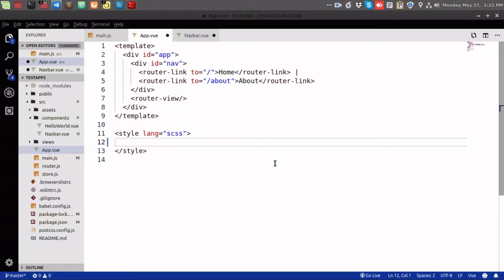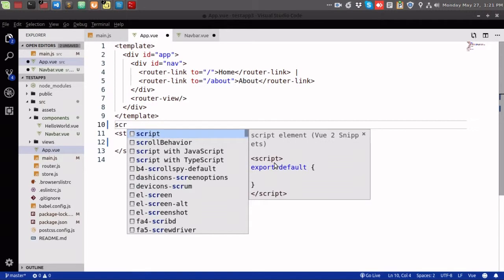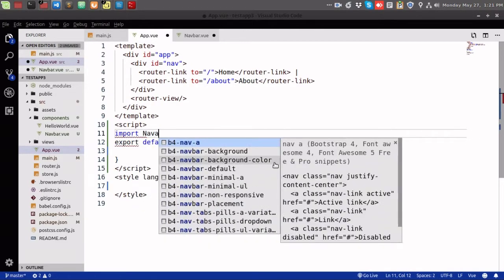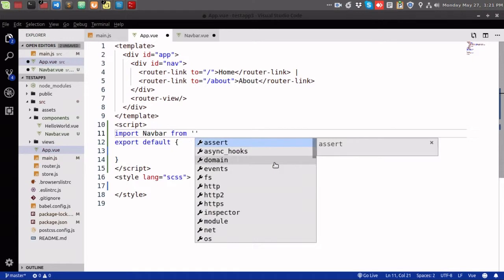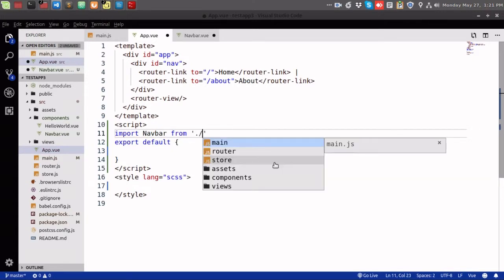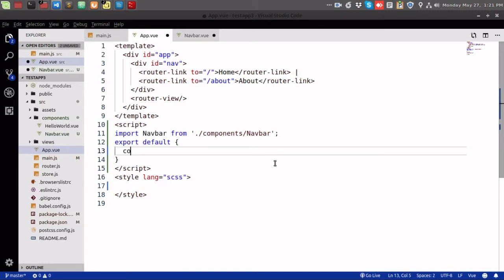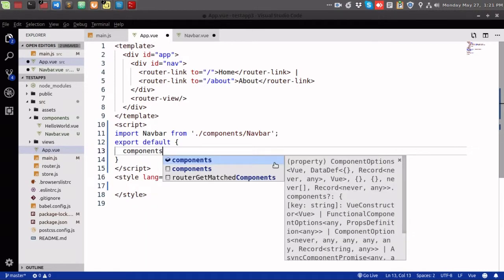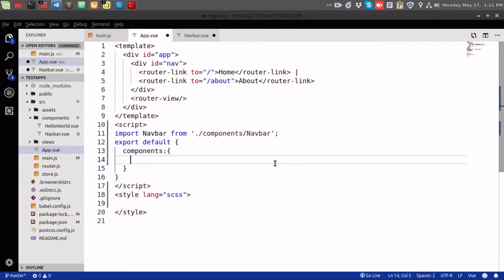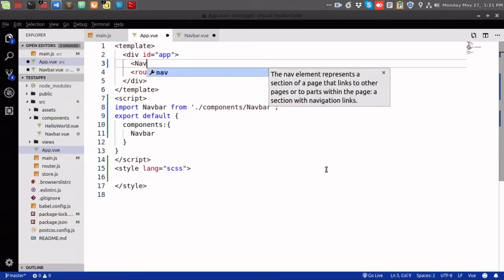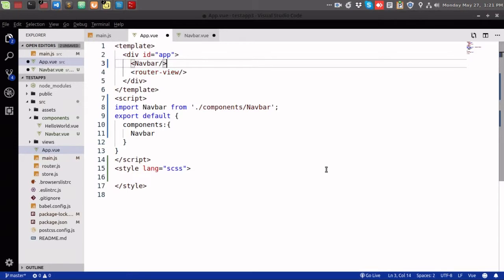So first I have to use the script tag, then first I have to import the navbar from components/navbar, then use the components here, components with navbar. So we implement this navbar here. Okay,